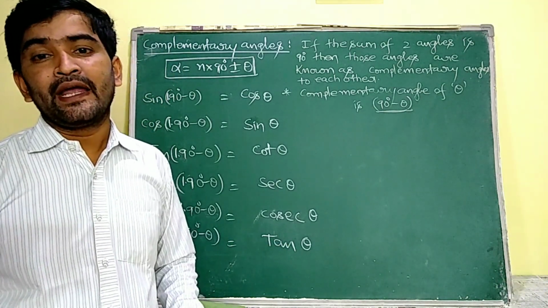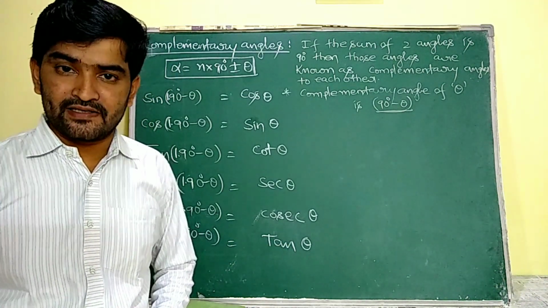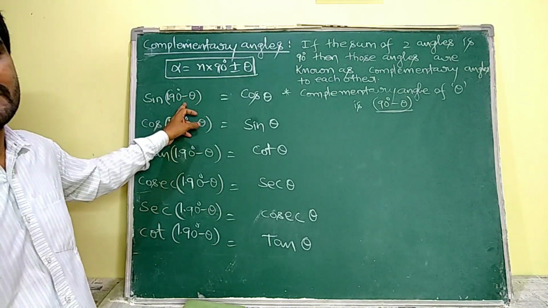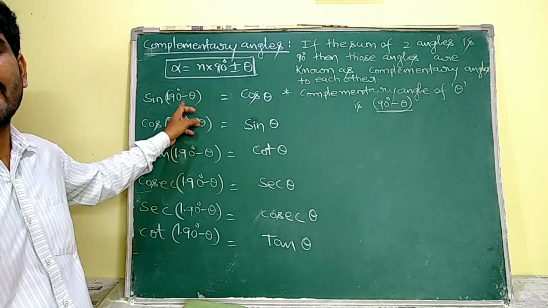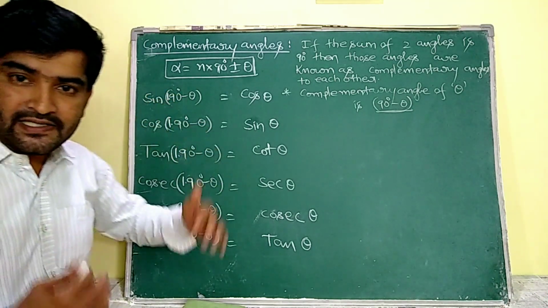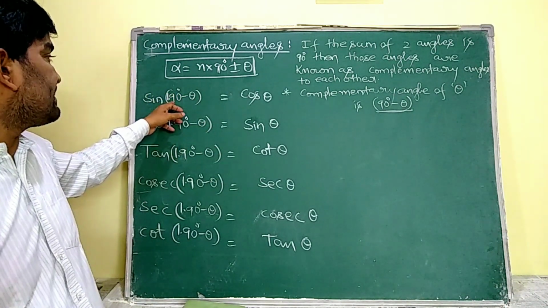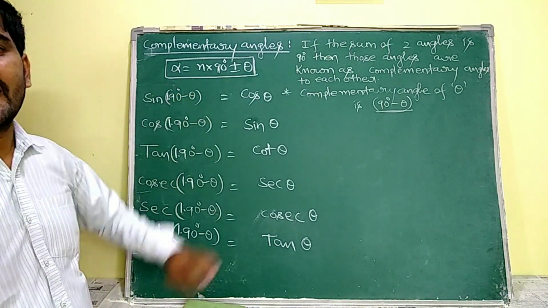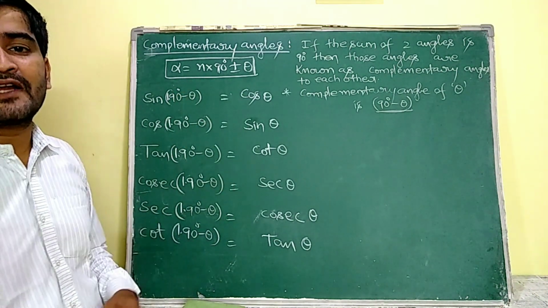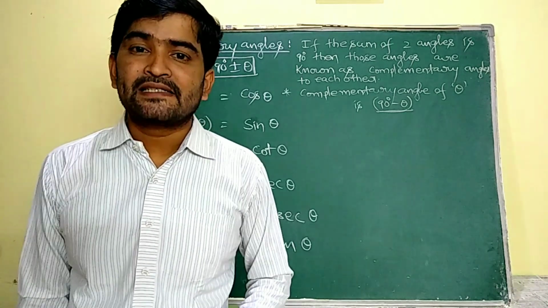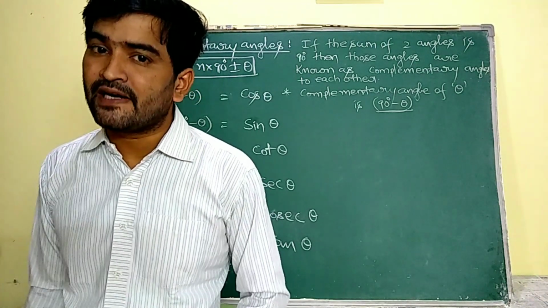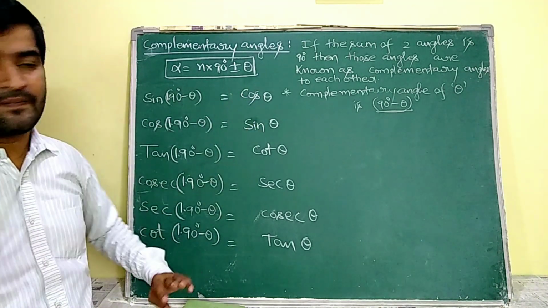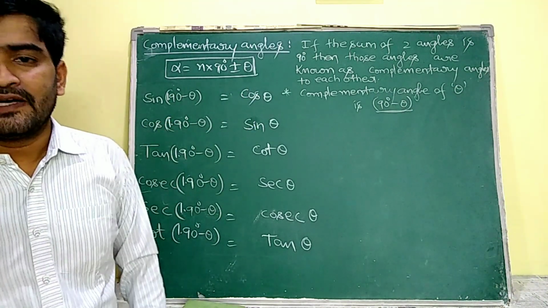Understand? And in one more way we will discuss it. See, sin 90 minus theta, that means I am subtracting theta from this 90. Let us suppose, for our understanding purpose only, that sin is in problem, because I am subtracting theta from the 90. So sin feels that it is in problem. Then sin calls its friend. Who is the friend of sin? Cos. So cos comes here, cos theta. Like that you may remember.